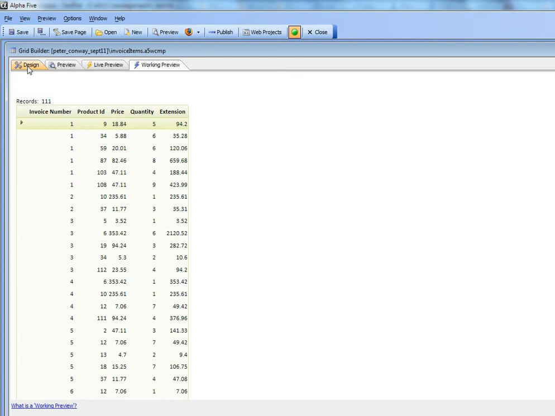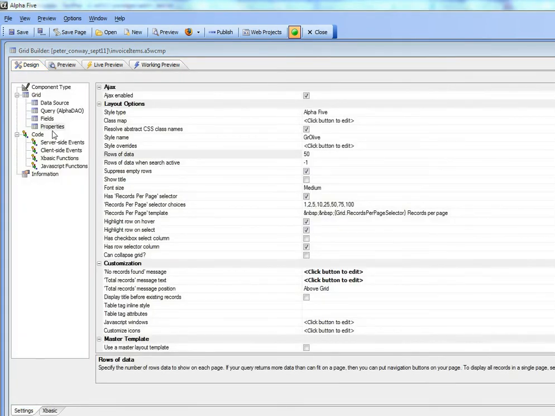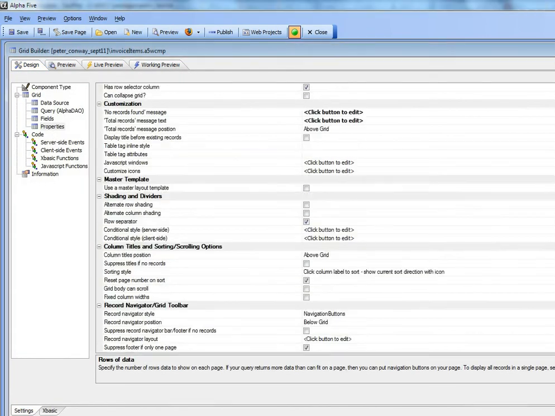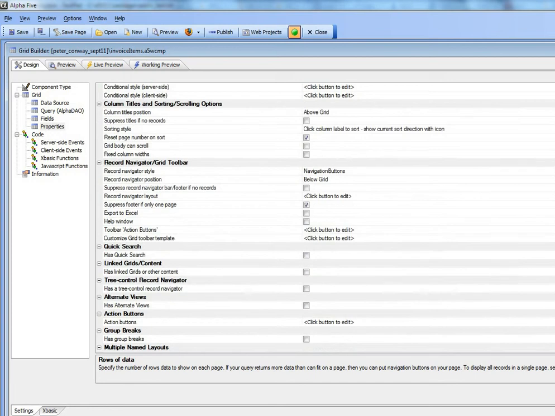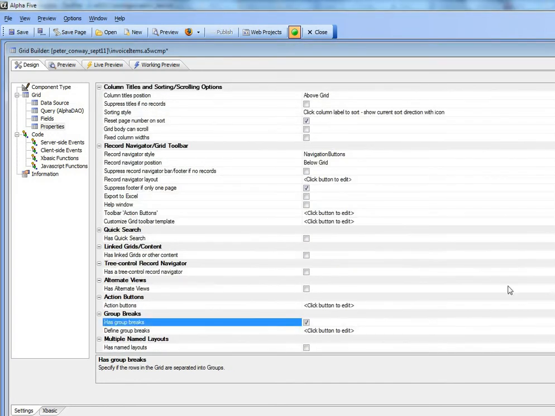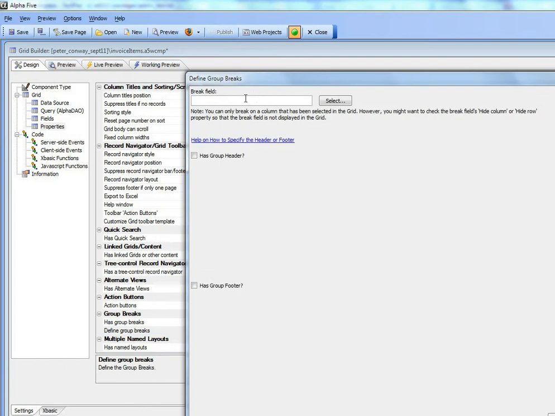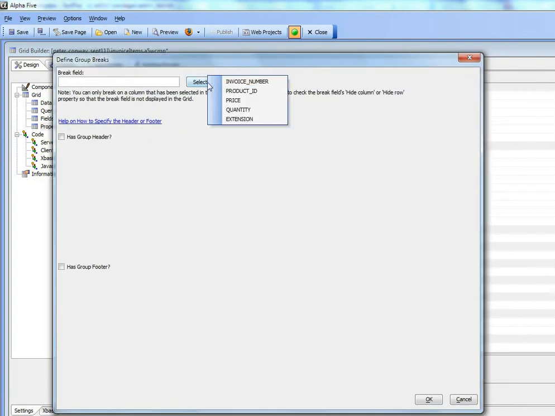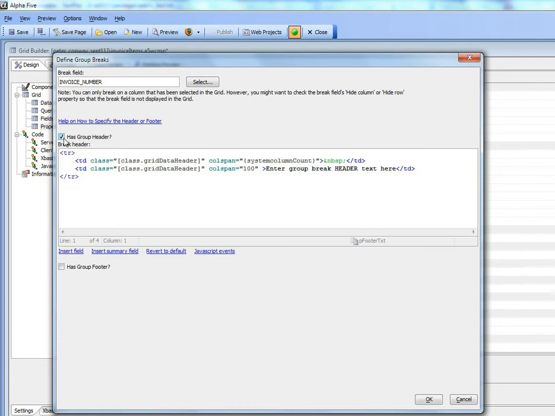and I'm going to go back to design mode now and then go over to the groups property, and I'm going to turn groups on, and then I'm going to bring up the builder, and I'm going to break on invoice number, and then let's go here and put in a group header. So I'm going to delete this first column so that the group header is aligned flush left in the row,